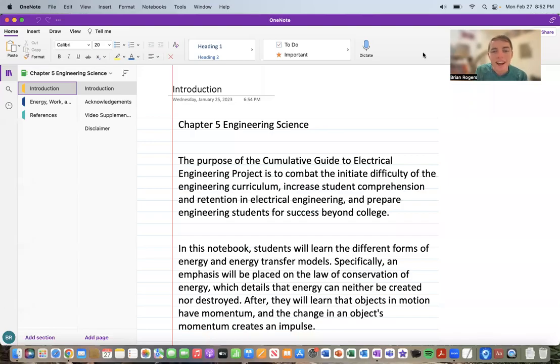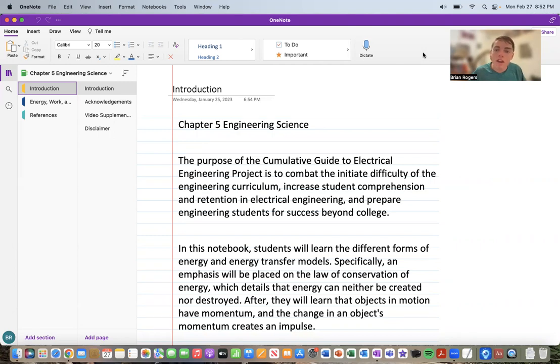Hello, everyone. This is going to be talking about Chapter 5, which is Engineering Science. And we're going to go over specifically looking at different forms of energy and energy transfer models. And so within this review, we're going to be looking at specifically the law of conservation of energy. And then we're going to learn about objects' momentum and then how a change in momentum is going to generate